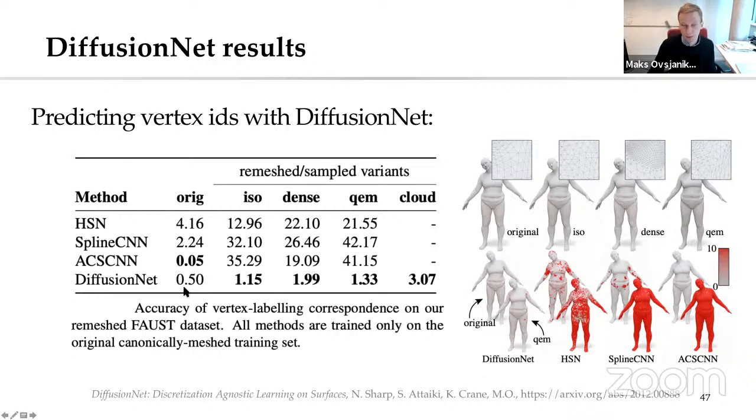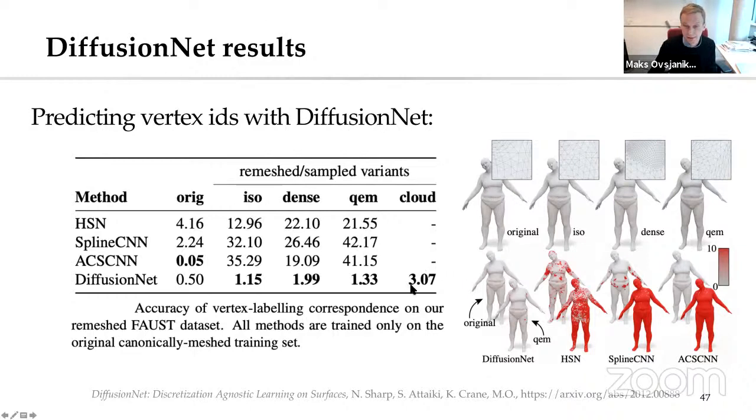There's some residual error. It's not exactly zero, and I think this residual error is very, very small, but it's there. This is probably coming from the fact that we are using this reduced basis, but it actually helps to gain some robustness. So now, if we remesh the shapes, it's still extremely graceful. You have very small error regardless of the mesh connectivity. And what's interesting is that here we're just using this prediction of the vertex ID, so we're not overfitting to the vertex order, because the meshes are completely different.